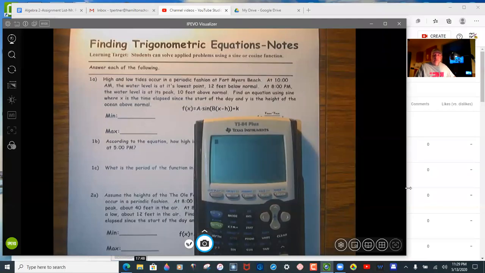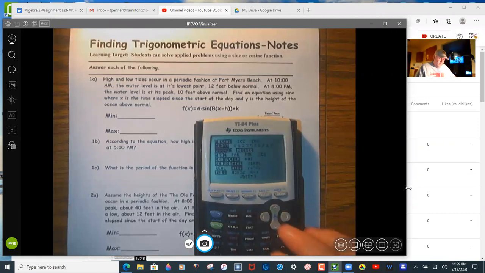Hello, everyone. So this is our final assignment in the trig function unit. And what this is about is application now. So the sine and cosine waves can be used in many different application settings. You're going to want to make sure you have radian